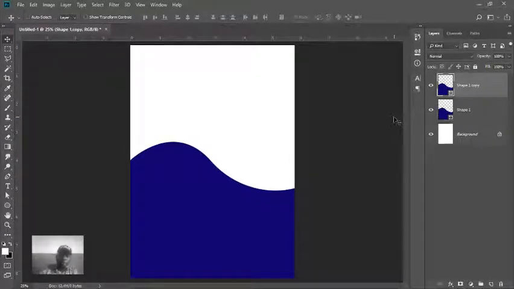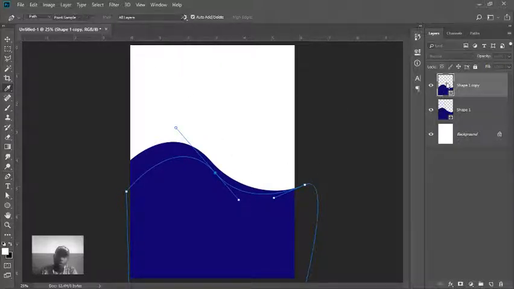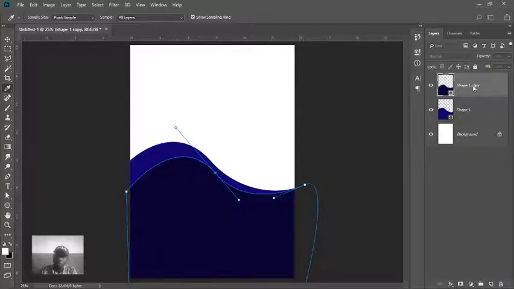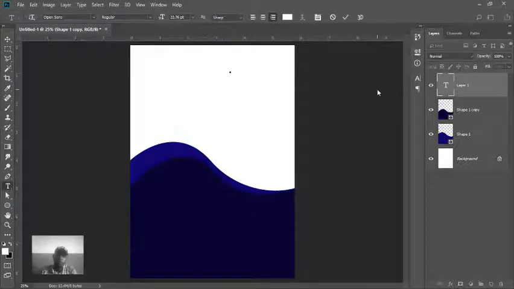Then I duplicated it and I had to adjust my points right here to achieve this, so I made this one darker. Then remember very well,